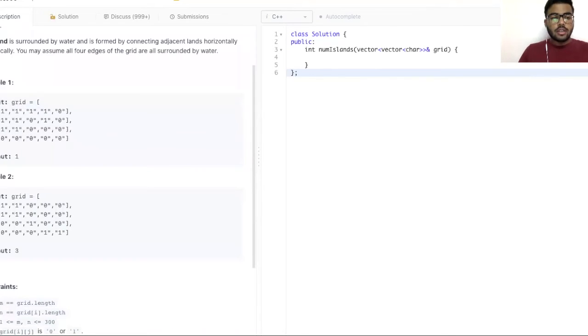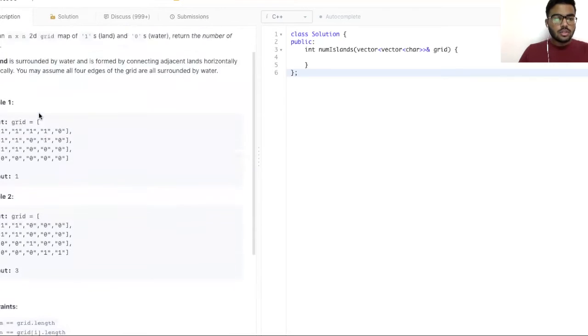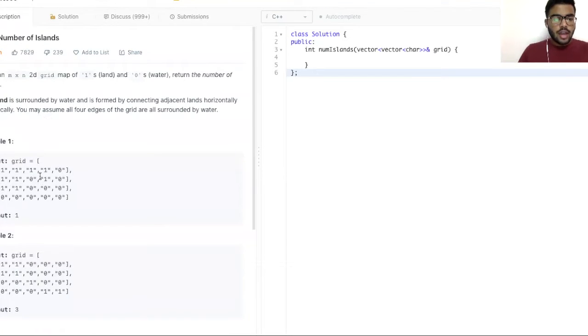So basically we have to count the number of ones that are together, and that forms one entity which is considered to be an island. The island is adjacent, there should not be water between them, and it should be continuous.